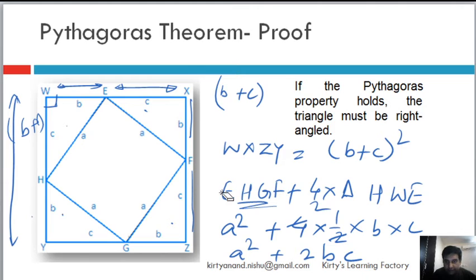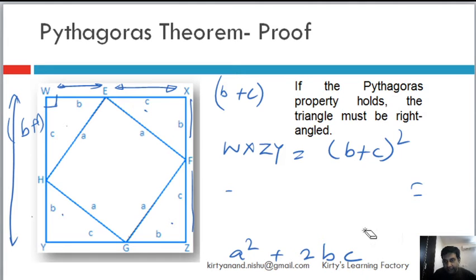So now let me just rub out the rough calculation. I hope I have done it correctly. Now we will open this. So basically this area and this and this are going to be equal, because both of them are nothing but the area of the square WXZY. Okay. So now let's open it. I think this also as a concept you might not know, but this is A plus B whole square, or B plus C whole square in this case, which is B square plus C square plus 2AB. Sorry, this is 2BC. Okay, so that's the area.